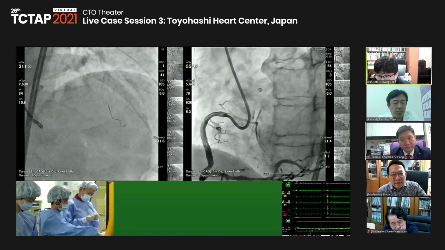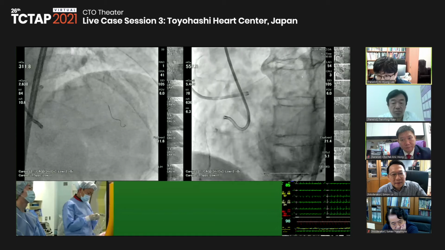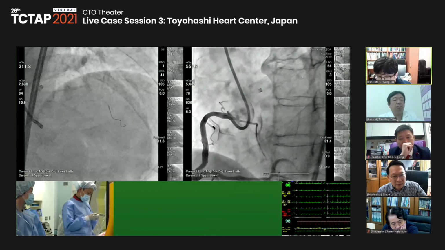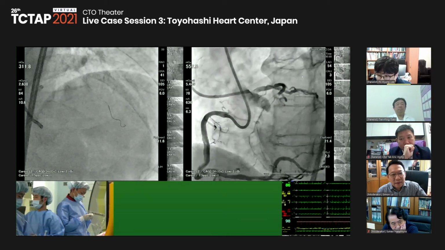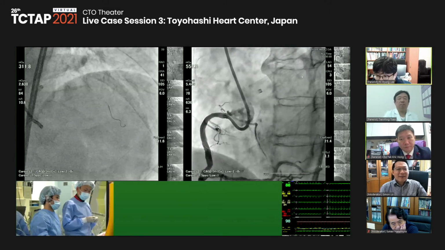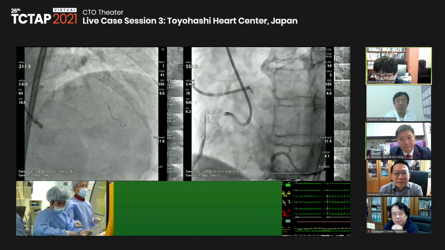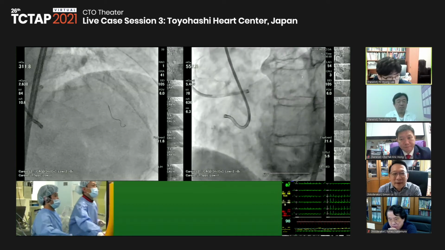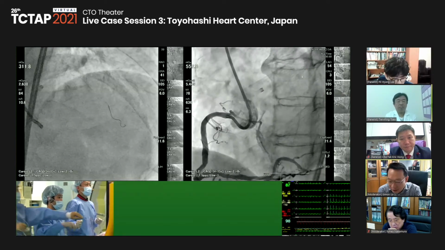Of course, considering that the CTO is a little bit short, I don't think that it is always easy, but at least we have the previous angiogram. I will start from antegrade in this kind of case. Okay. Dr. Eric Hong, please.